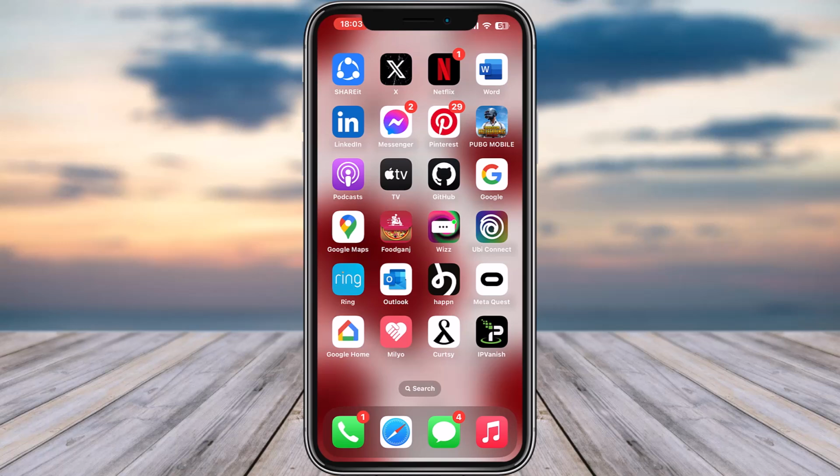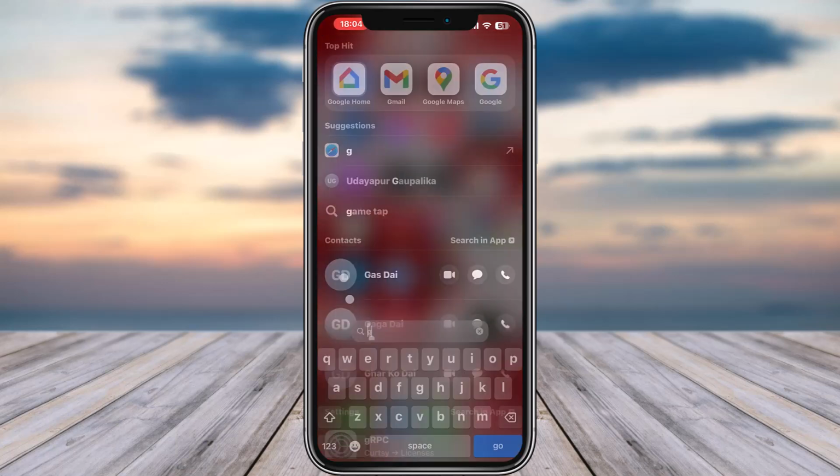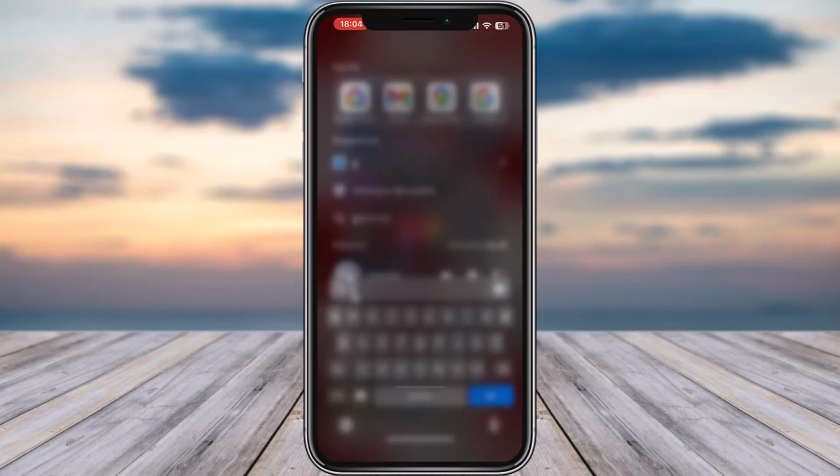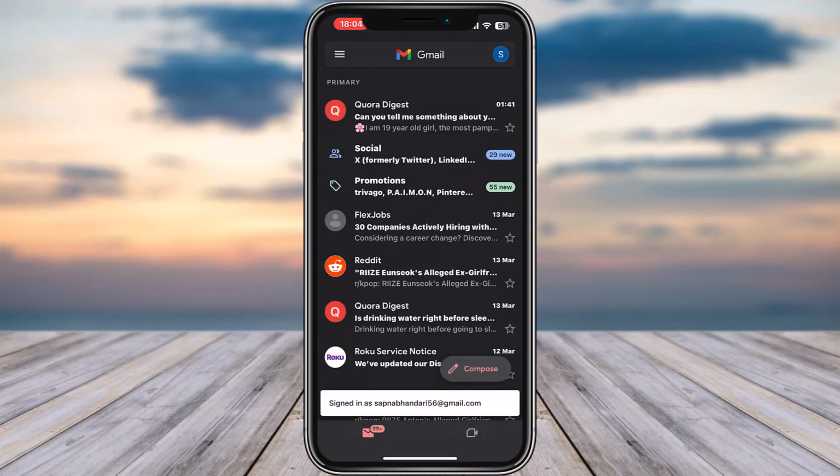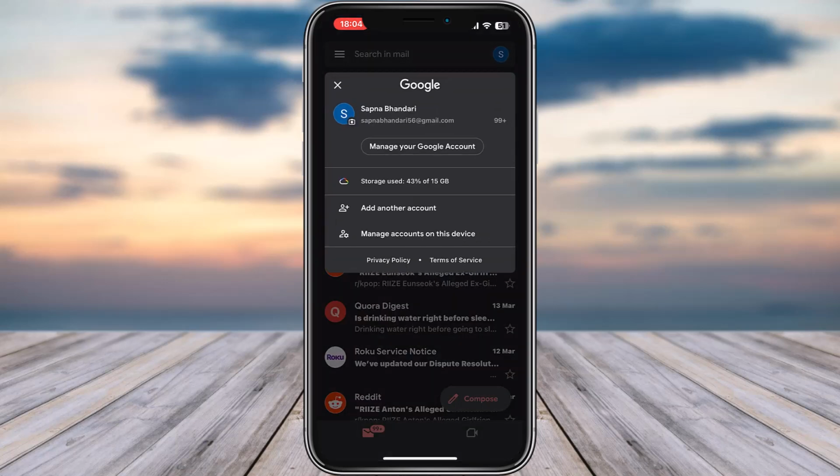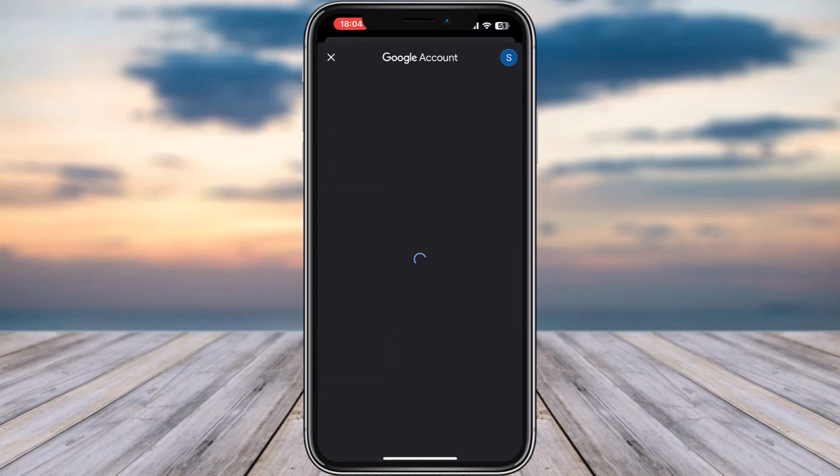Let's get into it. So for that matter, all you gotta do is simply access your particular Gmail app on your phone. Once you have opened, make sure you're logged in with the correct account as well. Now right over here, go ahead, tap on this profile icon on top right, tap on this manage your Google account,